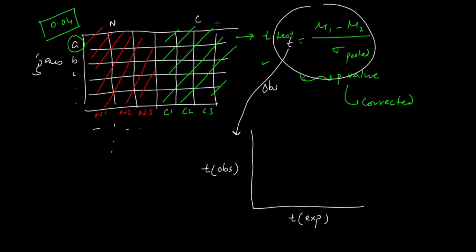for normal and cancer. Now to get the expected one, you need to randomize these samples. Okay, now you say your N1 is actually your C1 randomly, and you say C3 is your N2. You swap these columns randomly. You are now fooling the system by telling it that you do not know where the normal and cancer samples are. You mix the columns randomly, and then you get one set of p values.